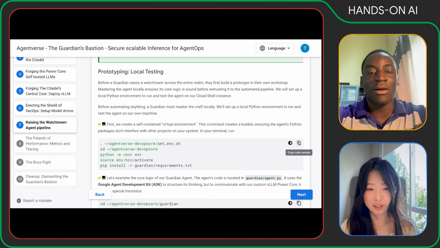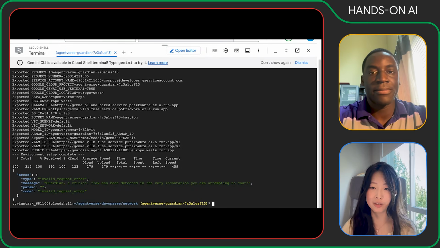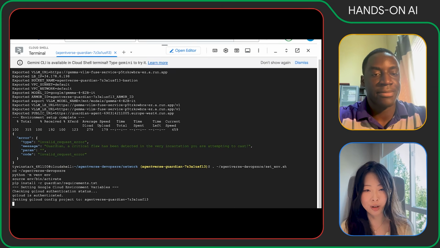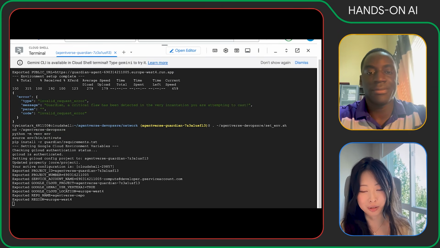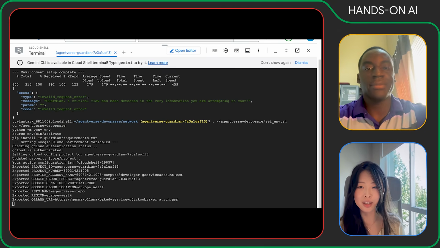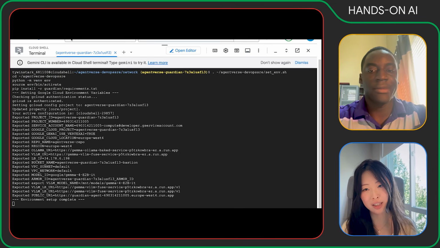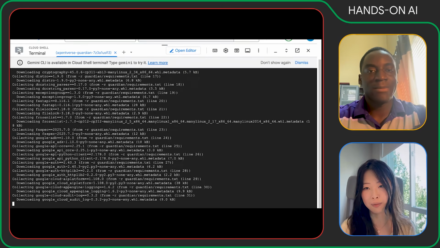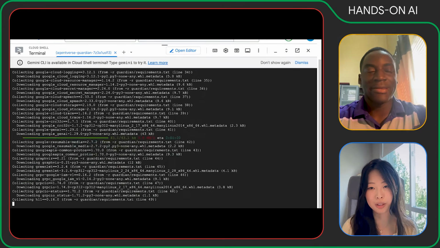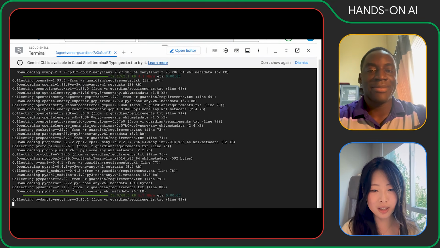And Annie can explain all the different ways you can test locally with ADK. Yeah, so to test locally with ADK, there are different ways to run ADK. You can do adk run, which lets you talk to the agent in your terminal, or you can use adk web. ADK web is a web interface, an interactive UI where you can talk to your agent. In that interface, you can also see the tracing, see when the agent is using what tool, which is very good for troubleshooting, and you can test or evaluate your agent in the interface as well. But in today's lab, we're going to